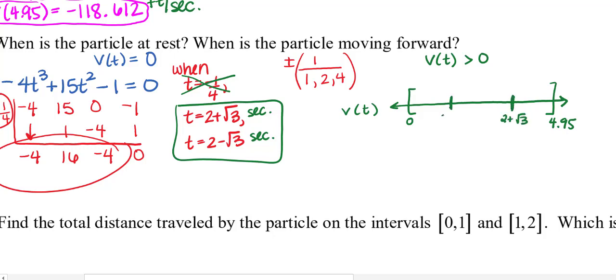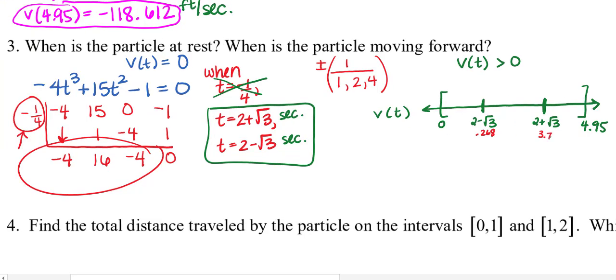And the 2 minus rad 3 was about 0.268, but I need room to write in between 0 and that number, so if you label it, it must be so. So this was about 0.268, and this was 3.73 or something. Okay. So now what I need to do is take any number here in this blue section,